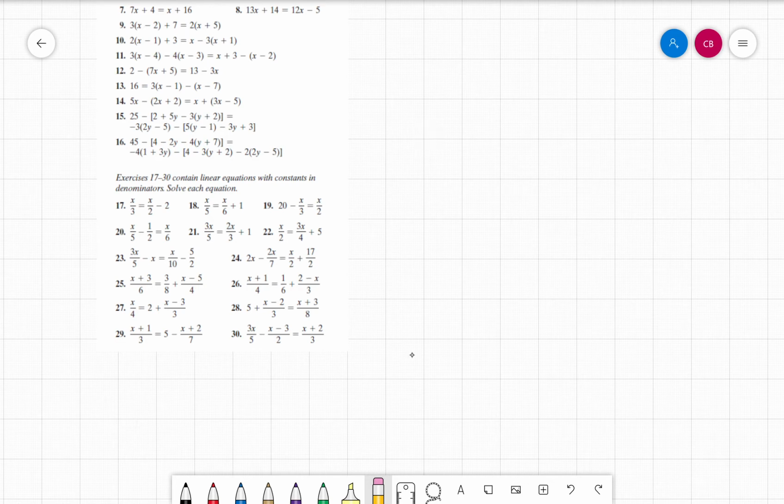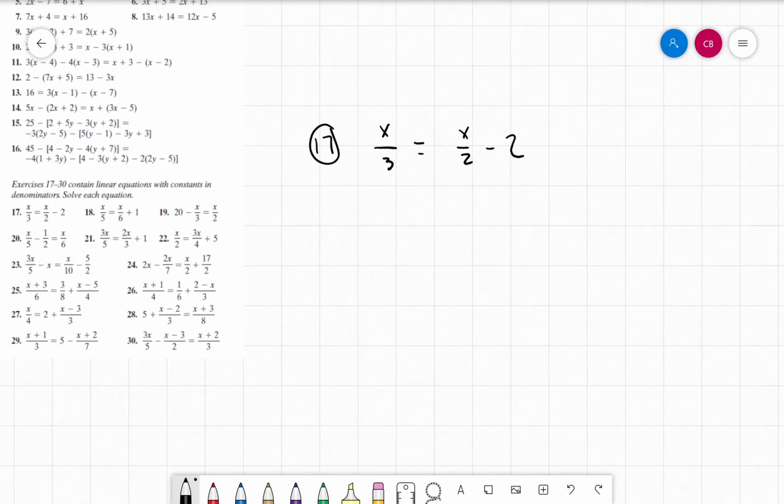So if we have 17, which is x over 3 is equal to x over 2 minus 2, we could find a common denominator and turn these all into fractions and deal with them that way. My favorite way is to find the least common denominator. The least common denominator, obviously this 2 is over 1, is whatever 3 and 2 and 1 all go into, which we know as 3 times 2, which is 6. So if I multiply everything here by 6,